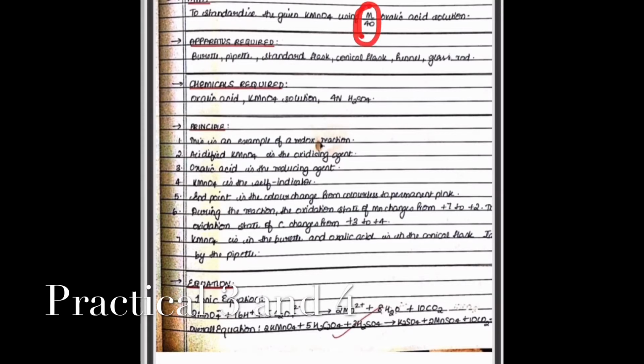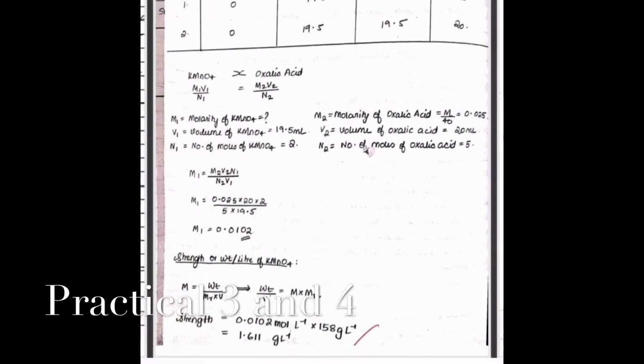So again here you have to take 1 molar. You have to put 1 molar. The equation is given to you. Now again you have to write in the similar way. Again in the burette you have to do the titration. I have already told you the experiment in detail. So again you have to do the calculation.